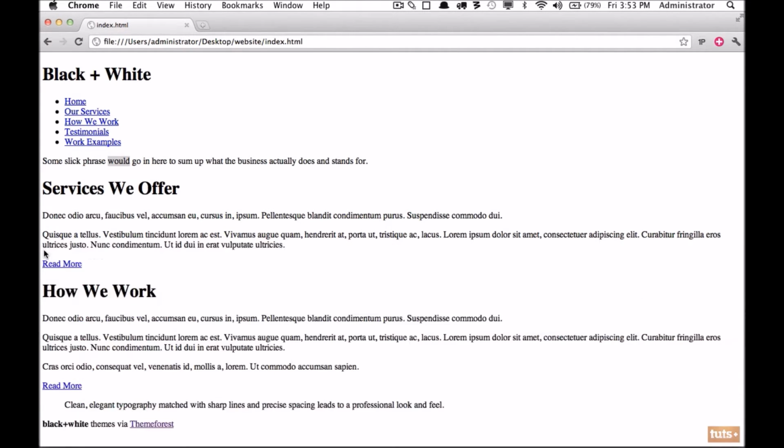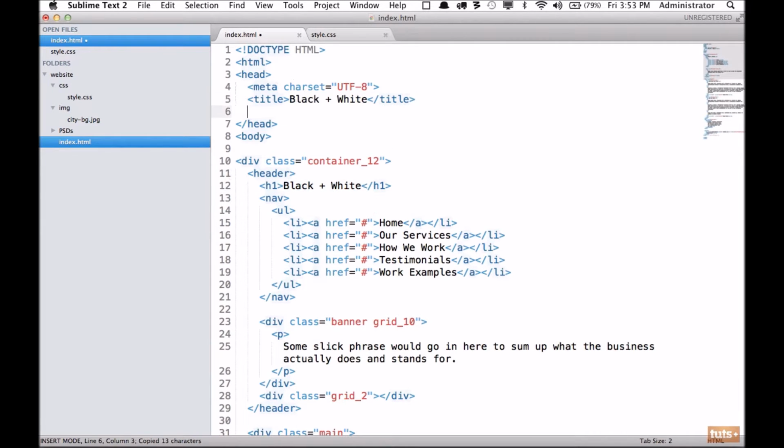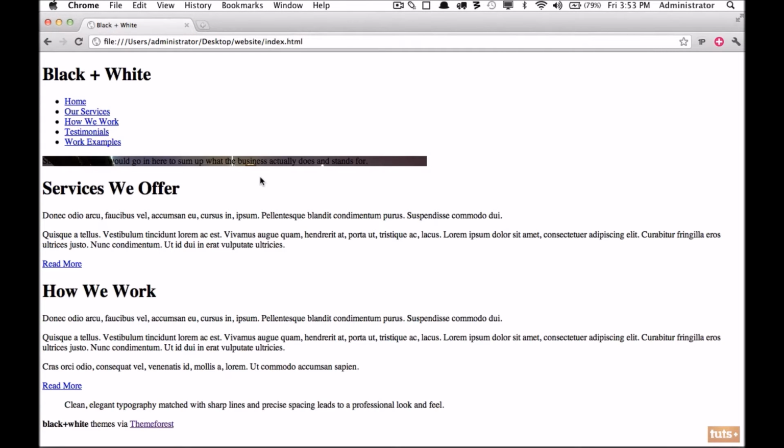And if you're wondering why, well, of course, it's because we've created a style sheet, but we have not linked to it. So we'll add our website name, my website, or it should be called black and white. And next we will link to that style sheet, CSS style.css. Reload, and now it's being displayed, but now you can see that the image is much larger than the content,